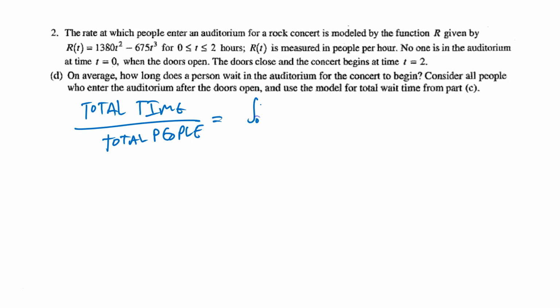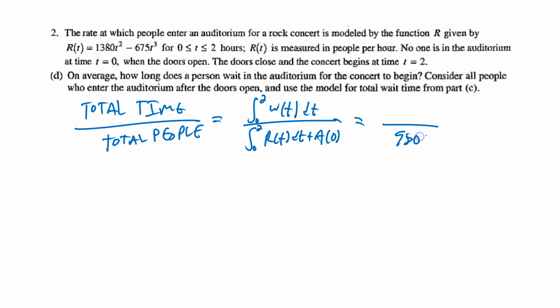So that would be the integral from 0 to 2 of our W function, and then we divide by the total number of people that enter between 0 and 2. So that'd be the integral from 0 to 2 of r of t dt plus the initial amount. But we found that in the first part of the problem, it's 980. And then for the top, I'm just going to integrate from 0 to 2 on my calculator, (2 minus t) times r of t dt, because that's how they define the function. And when all is said and done with that, I got